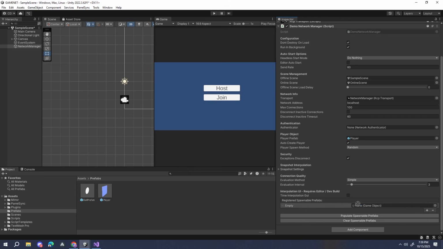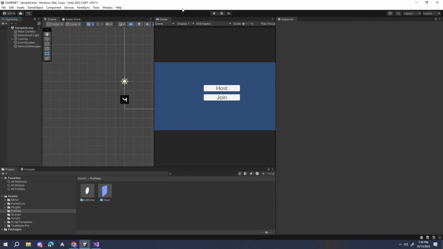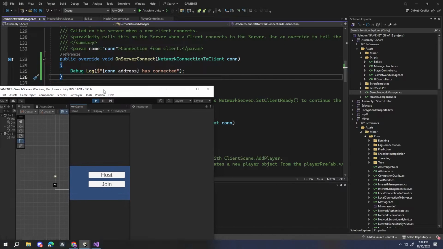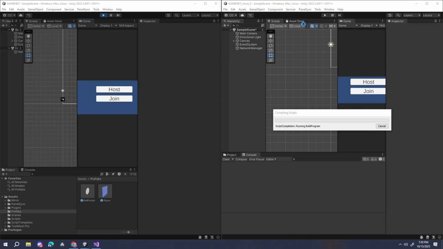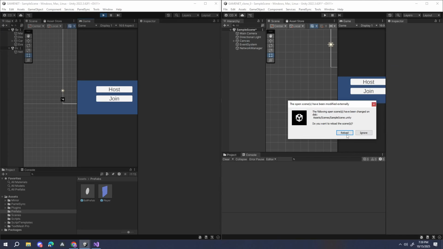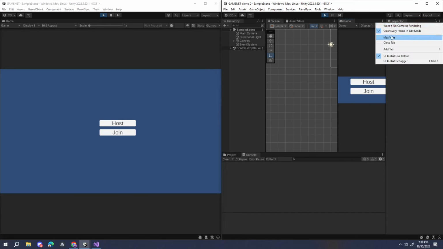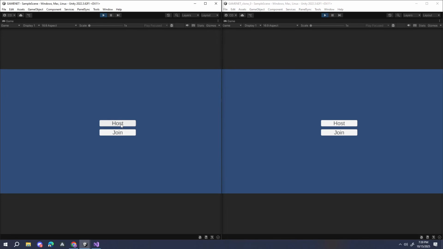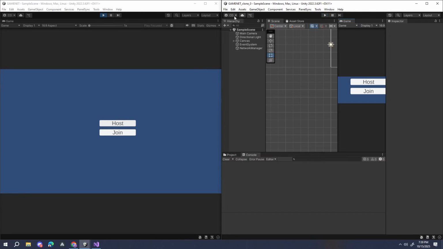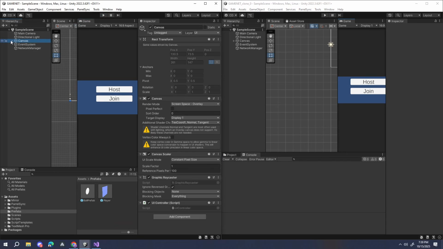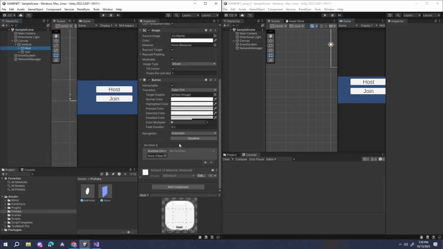Let's put the ball in fact. We will play maximize. When I press host, I have to sync. I have to put this back in again. Sorry. Network manager, start,